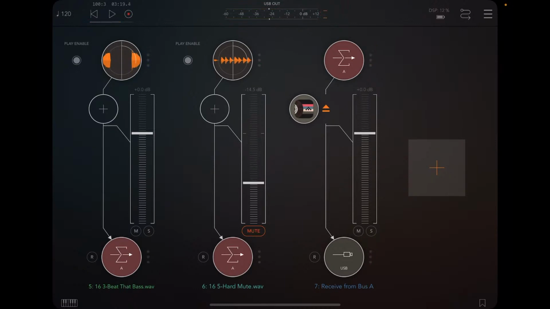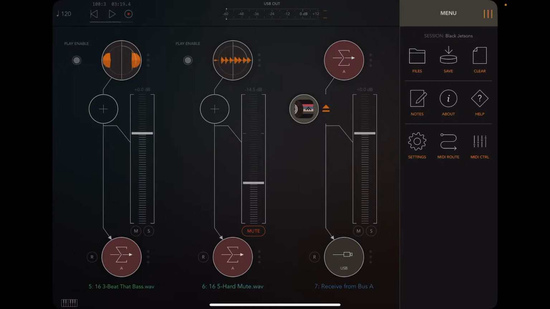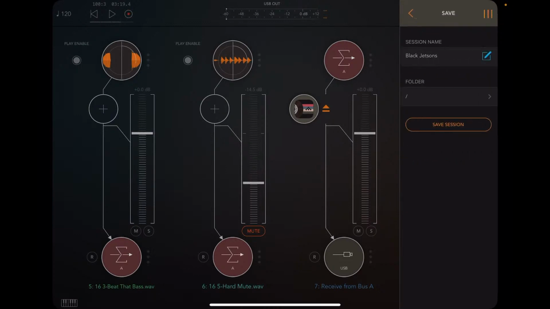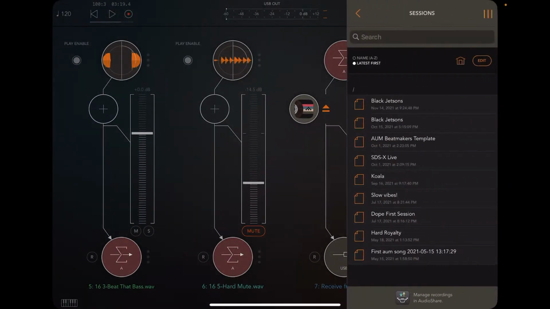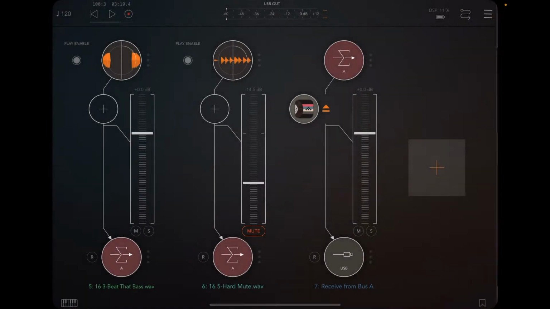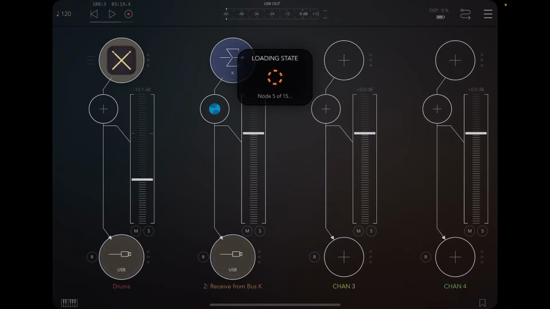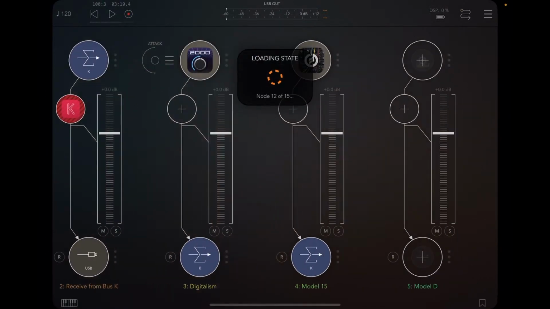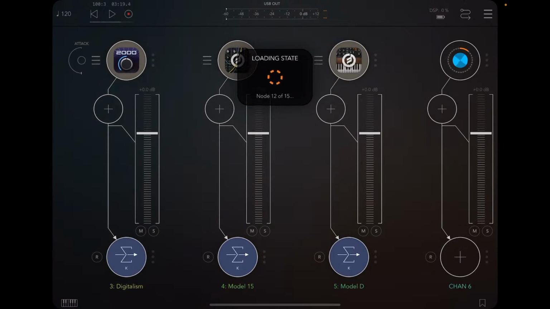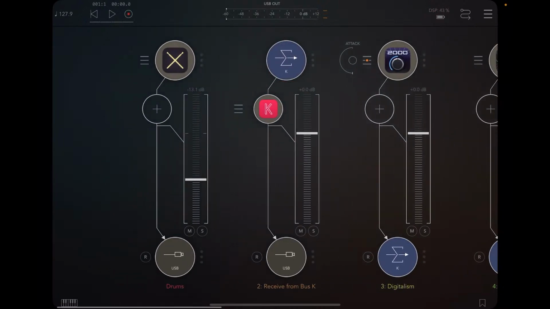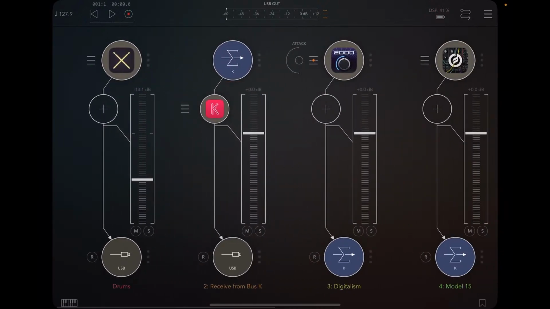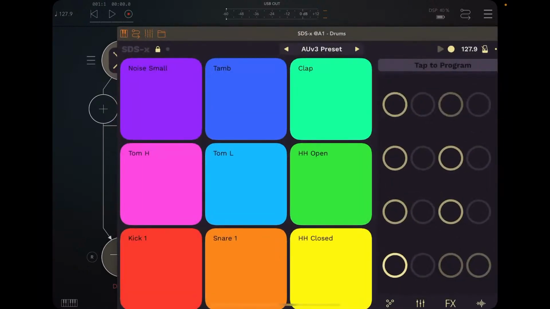Alright, so I have a template saved. Let me save this. And then I have a template that I created, AUM Beatmakers template. Let's pull this up really quick. One of the things that you can do, let me just mess around with this template here really quick. Reload. So, pretty sure if I wanted to get a quick drum beat going here with SDS,